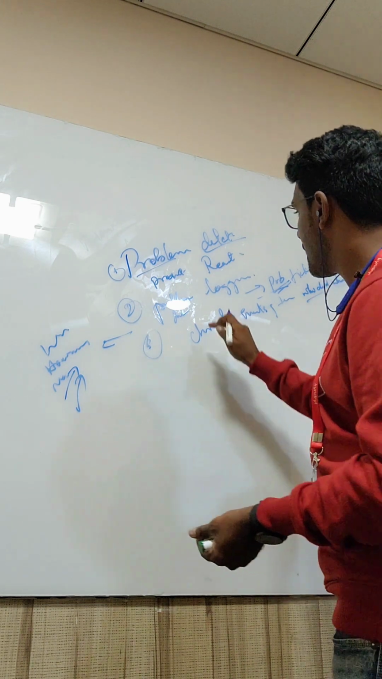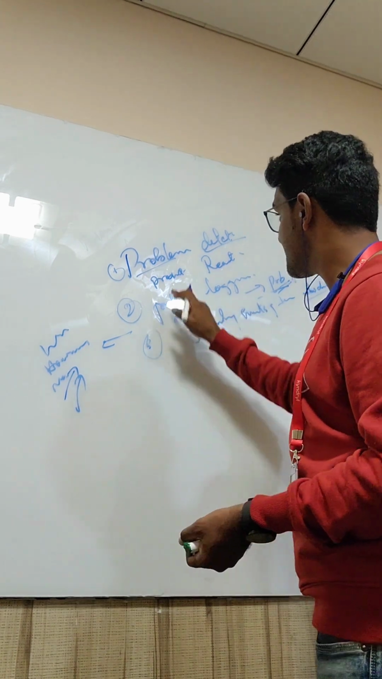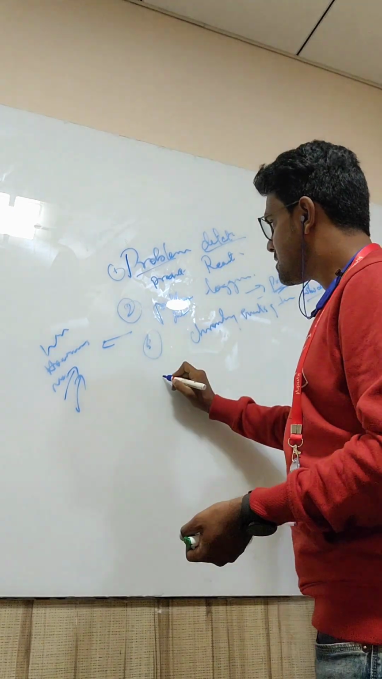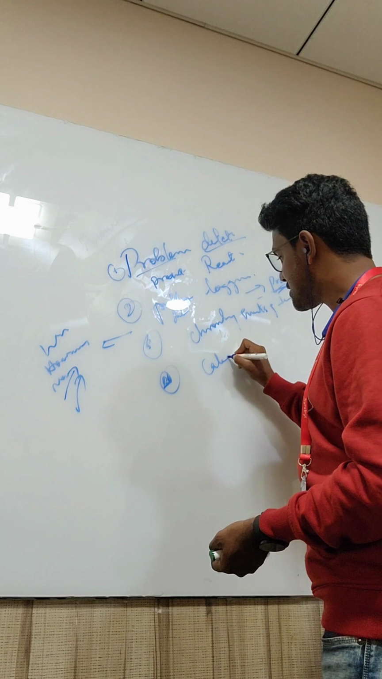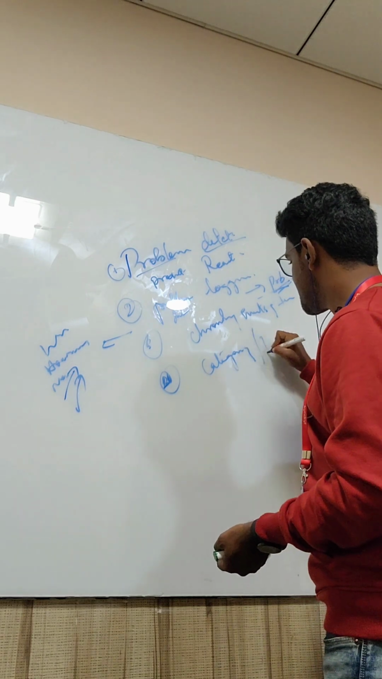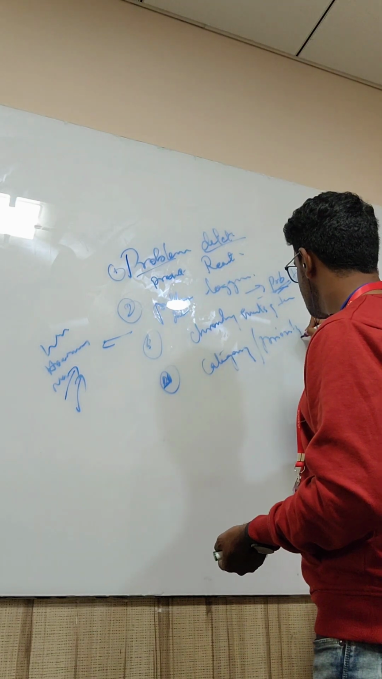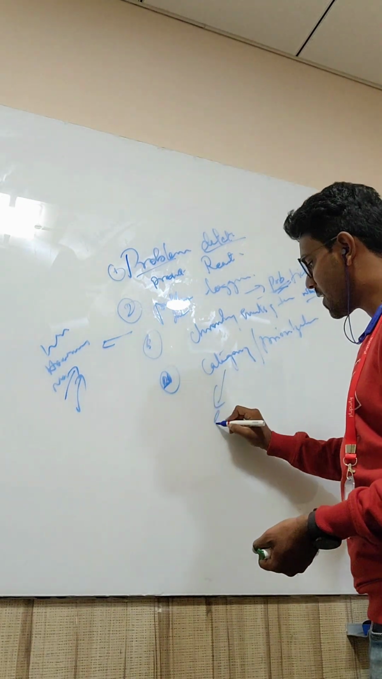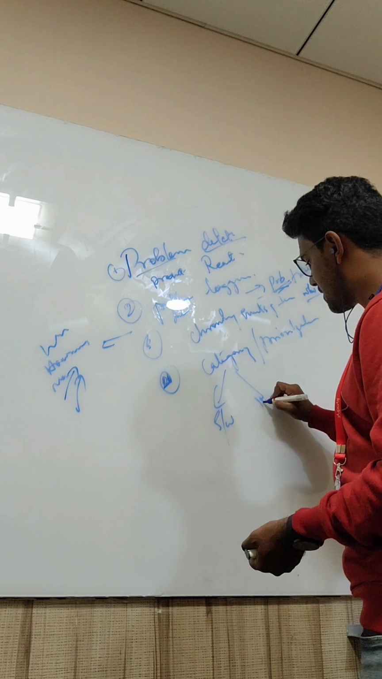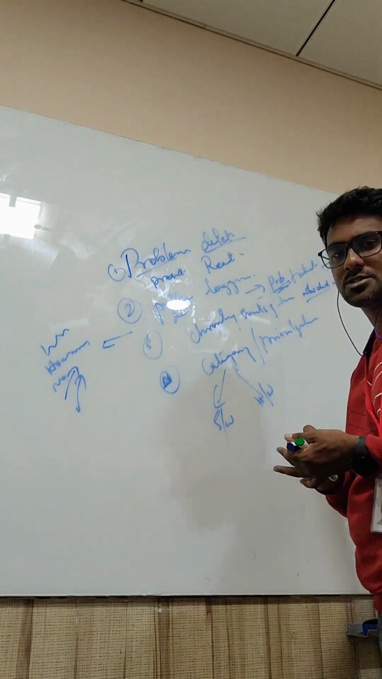Now after problem detection and problem logging, similar to incident management, you need to go for problem categorization and prioritization. What is categorization? Again, it's very simple. It could be software, or it could be hardware. Let's say on a server, the server